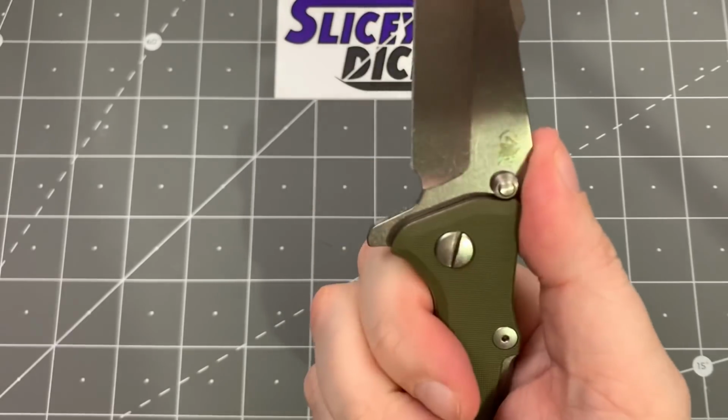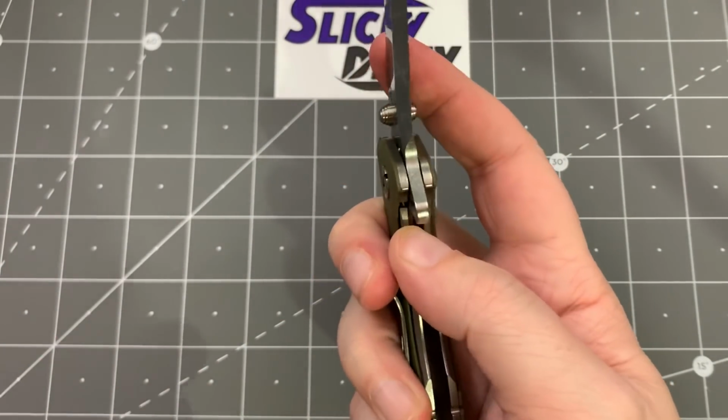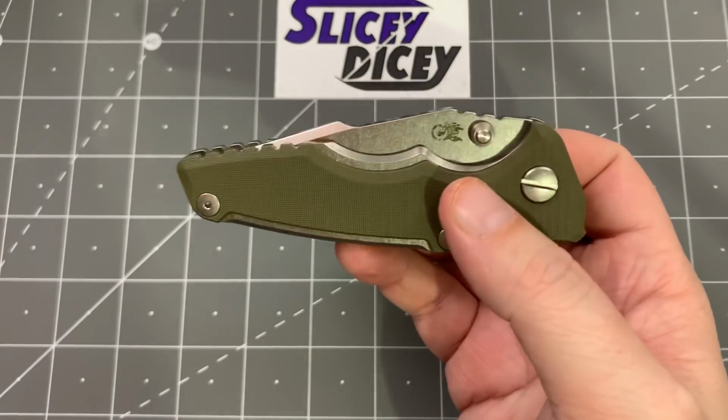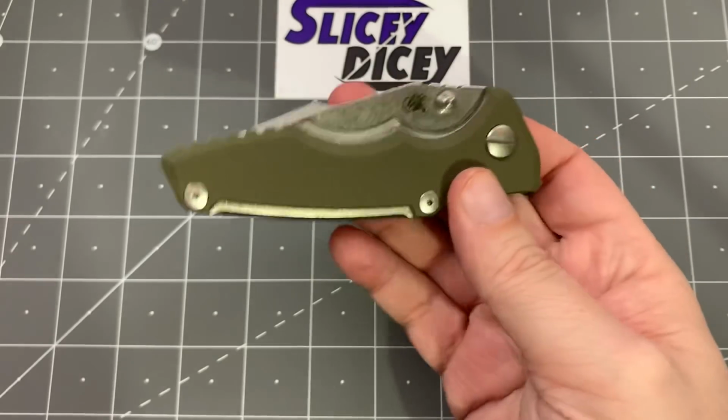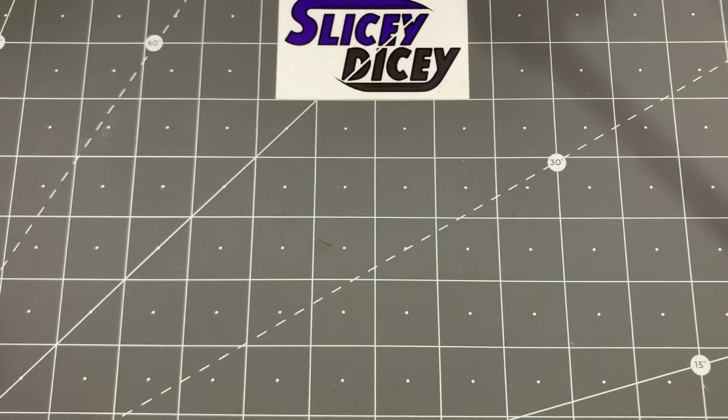It's just a great little knife and a perfect size. And in my city, there are some areas that you go to where you're supposed to have less than 3 inches. And that is a law that I never violate, officer. And so it's just a nice big heavy duty knife in that 3-inch category. Next up would be